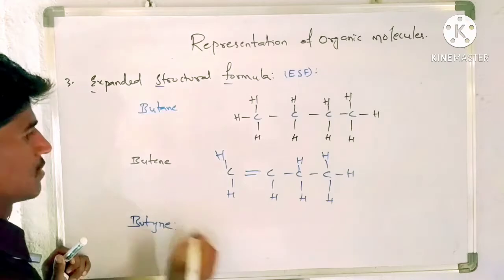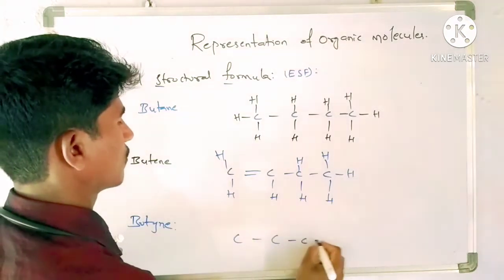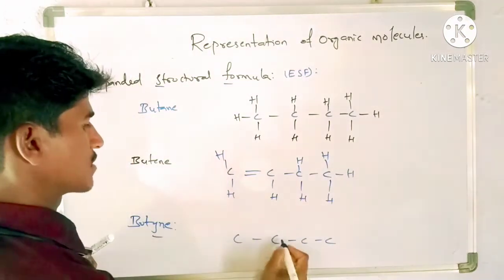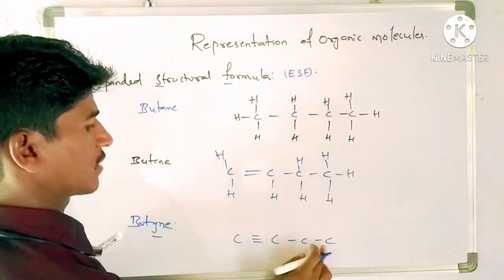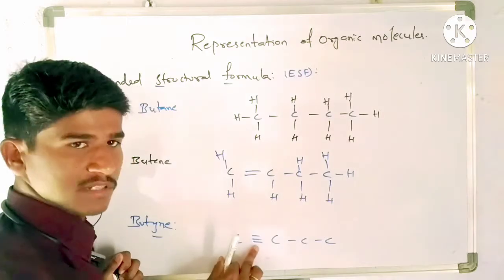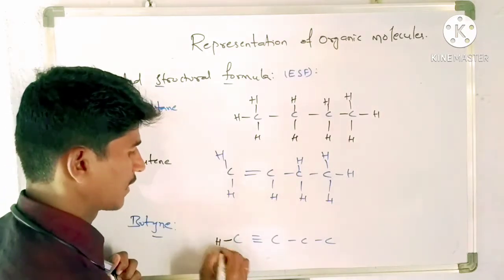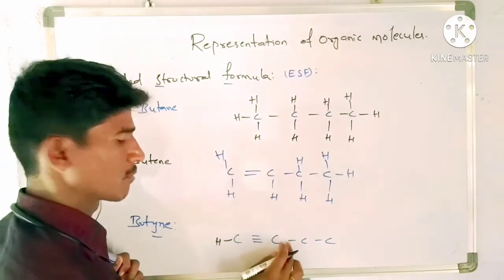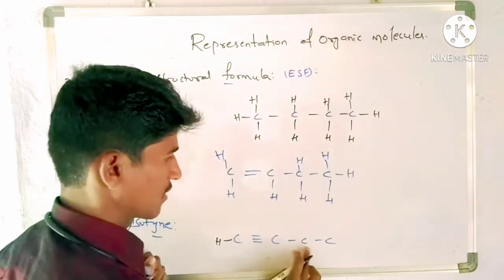Butyne. 4 carbons are there. A triple bond is there, and you can write it anywhere, either here, here or here. Here this carbon requires more. Only 3 bonds are formed, so it requires 1 more bond, so 1 hydrogen. This carbon already has 1, 2, 3, 4 bonds, so there is no need to represent hydrogens here. This carbon has only 2